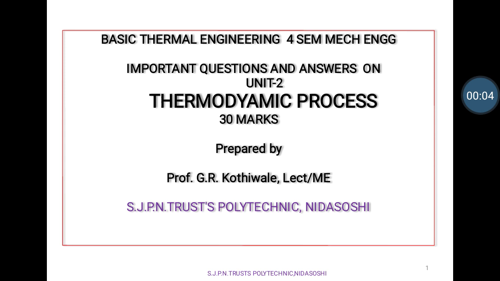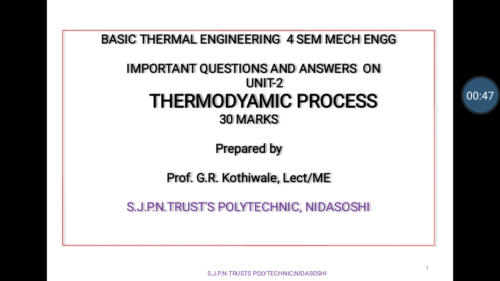Hello students. So today we'll discuss part 2 of unit number 2, thermodynamic process. In the first video we had discussed some of the important derivations on the thermodynamic process. We have found the expression for work done during a constant volume process, constant pressure process, temperature process, adiabatic process, and polytropic process, and we have studied how the free expansion process and throttling process take place. All this we have studied in the first part, that is the theoretical concepts.